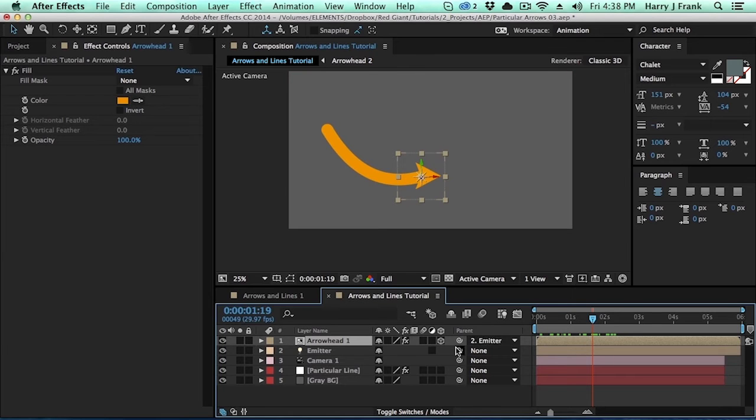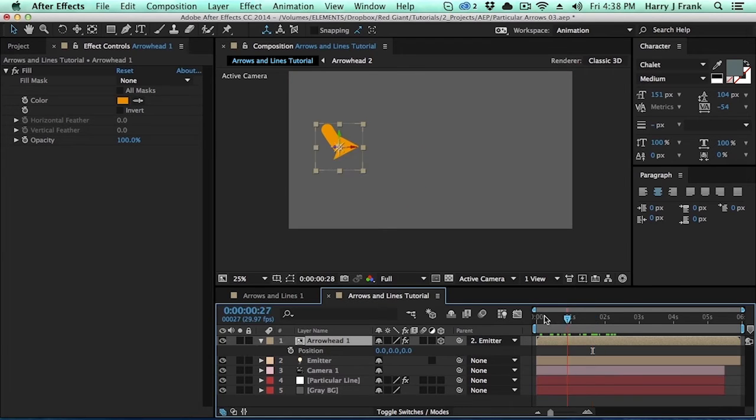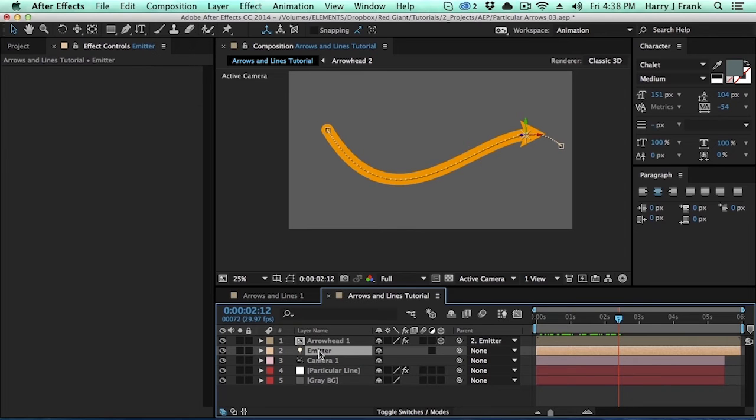Unfortunately, we are parenting this layer. So effectively, to After Effects, this thing technically is not moving. The arrowhead is simply parented, but the position never changes. Because this position never actually changes, we can't get the velocity of this layer. So what do we do? We're not going to auto-orient the layer itself, but we're going to go to the emitter